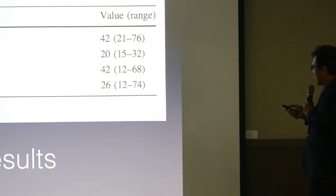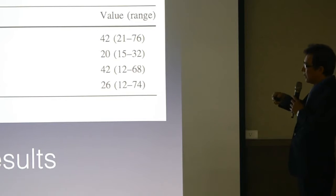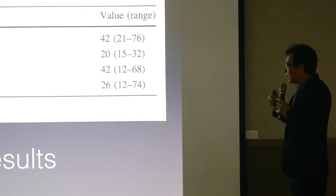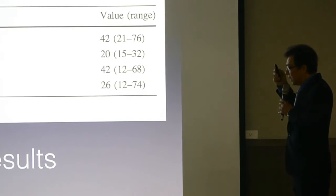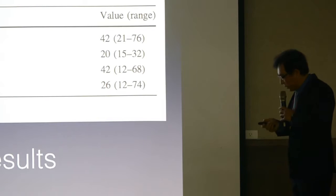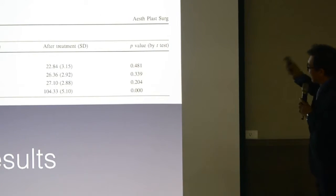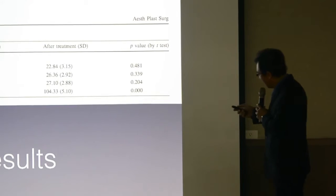Okay, so maybe if there is another chance, I will give you my experience in how to perform autologous fat grafting in underweight women. Okay, all right, and for the objective evaluation, you can see here,